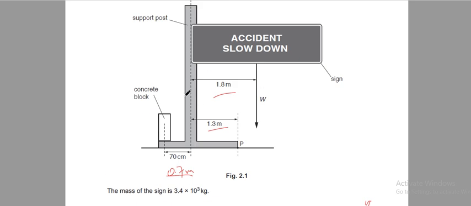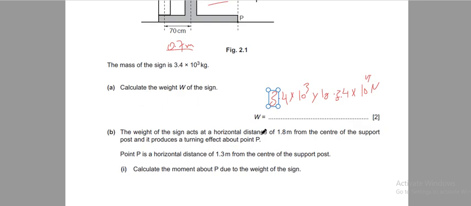The moment of the concrete block about B is in a direction different from the direction of the moment of weight W, and the value of the moment of the weight of the sign should equal the moment of the weight of the concrete, because we need the whole thing to be balanced, or in equilibrium, and in equilibrium the net moment equals 0. So to have both of them equal, we should have